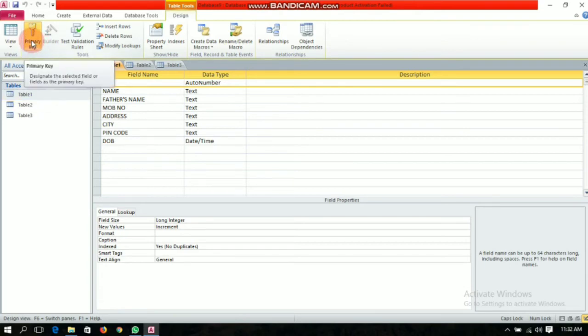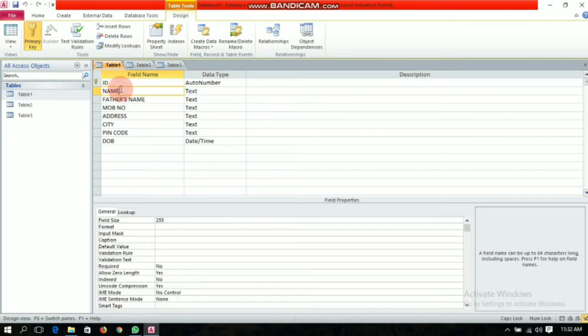If you want to make this ID the primary key, just click on that primary key option, and if you want another field to be the primary key, you can select that particular name and make it the primary key.